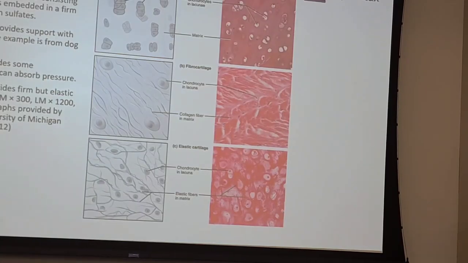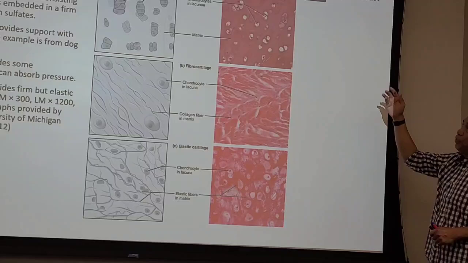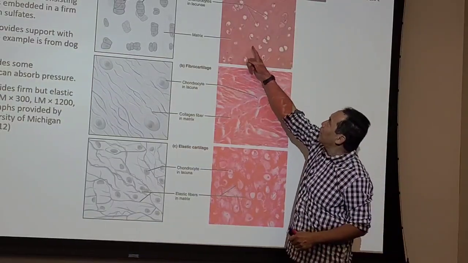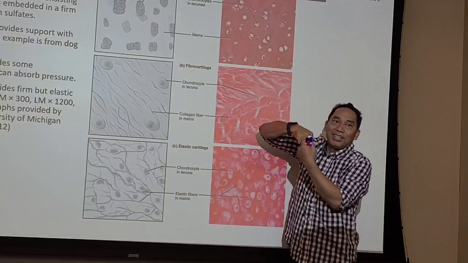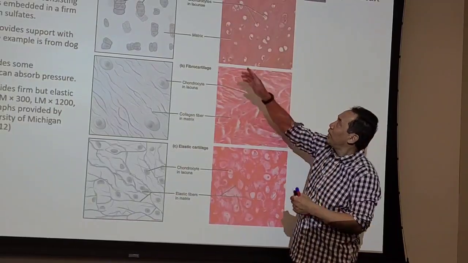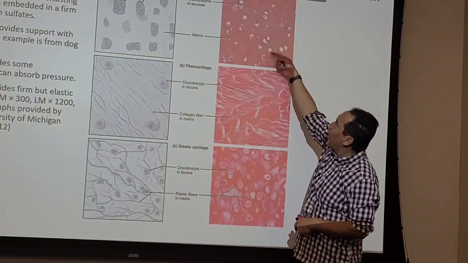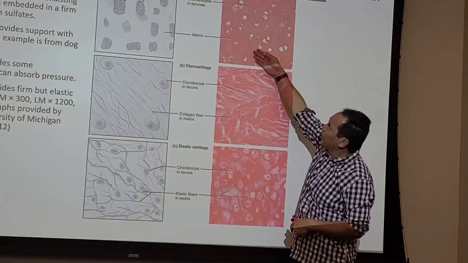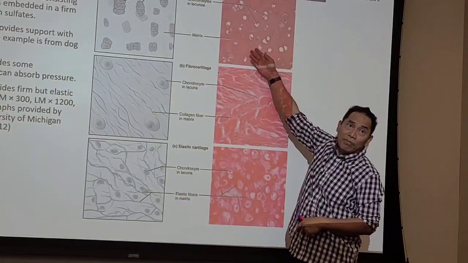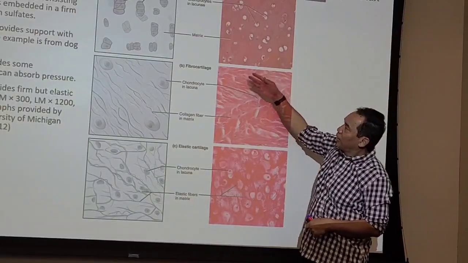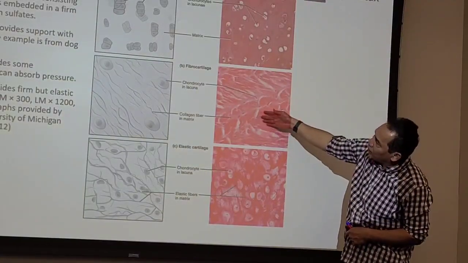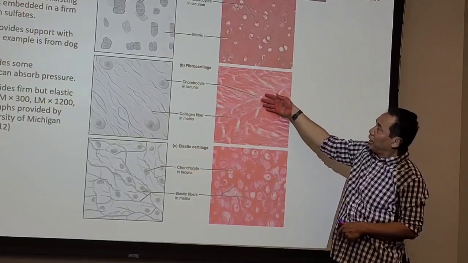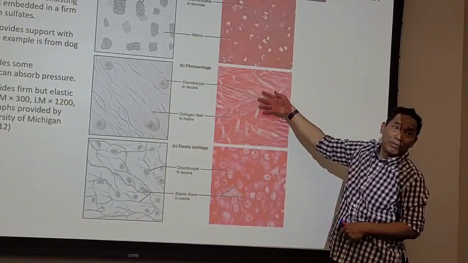This is cartilage, and I believe you saw this under the microscope. The cell, one, sometimes two cells bind a little bit, but they actually separate themselves. And you have the matrix. The matrix over here is a little bit glassy, with less fiber, for the hyaline cartilage. What is the second one? Fibrocartilage, which is in the intervertebral disc. It has a lot of collagen fiber because it's very strong.